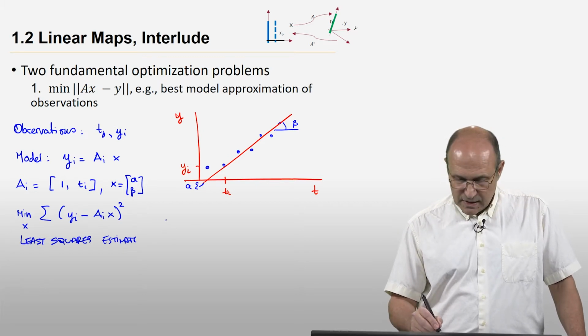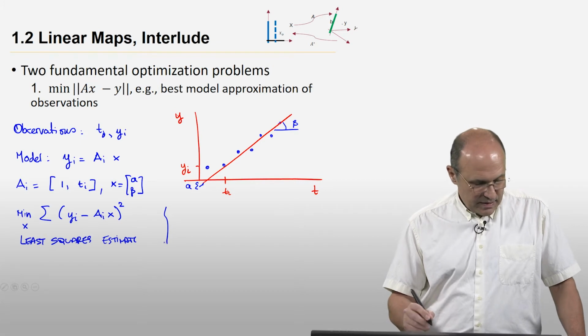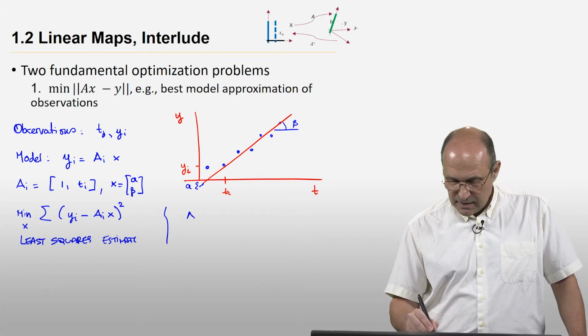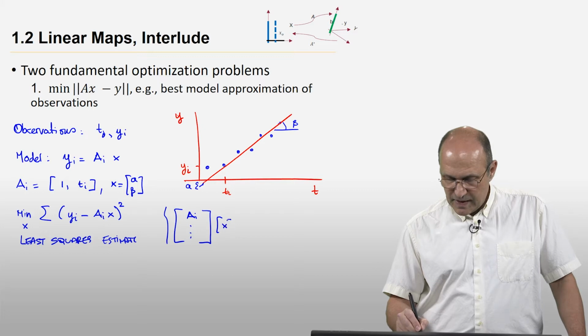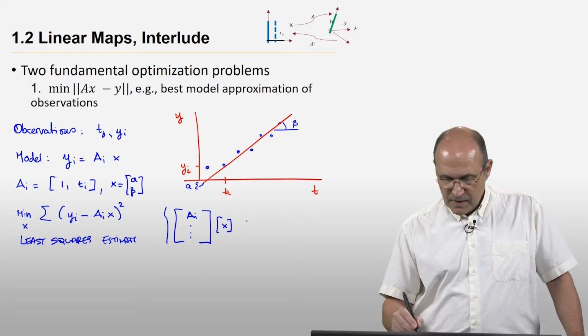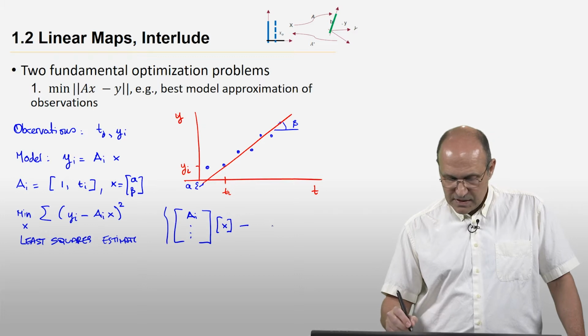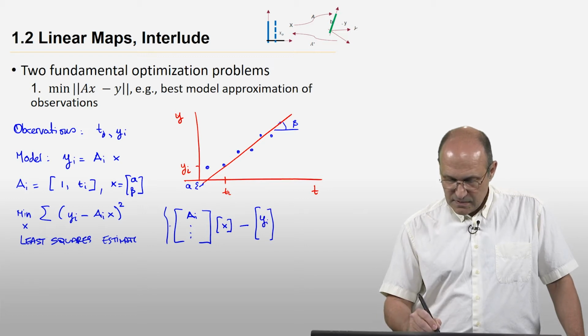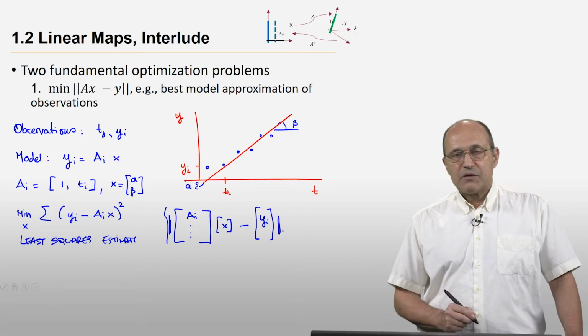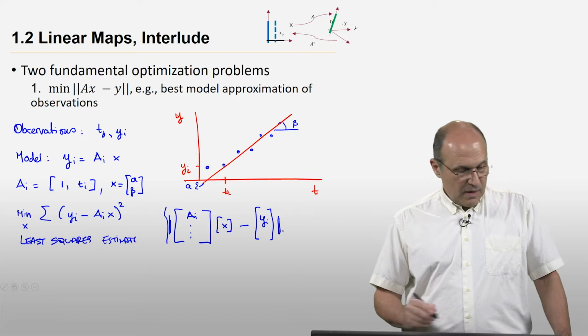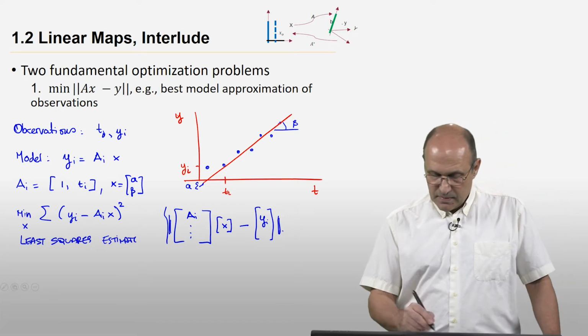Another way to look at the same problem is by concatenating the AIs into a big matrix, multiply with the X's, and subtract the vector of Y's. We want to minimize the norm of this difference. When I look at it from this perspective,